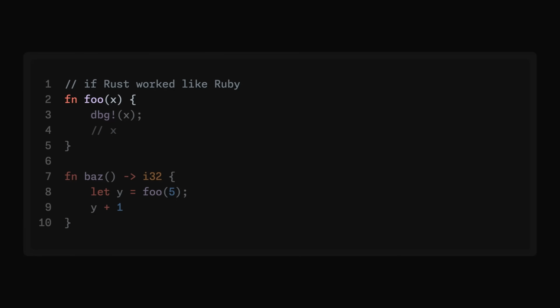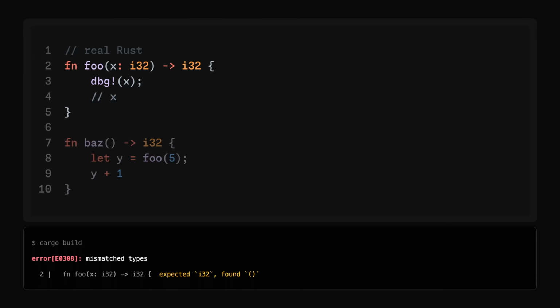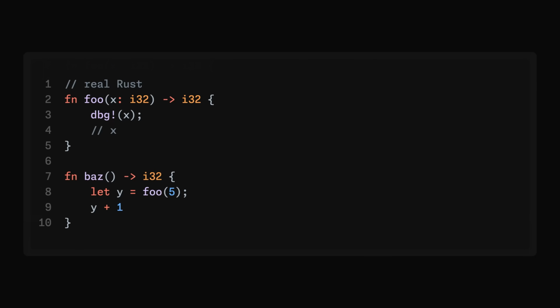Now here's Rust's solution, and it starts right at the top. In real Rust, we fix this code by writing robust function signatures. Foo takes a number and hands back a number. That's the contract. And now our missing return type is caught immediately inside foo. The compiler reads the signature, sees that the function body hands back nothing, and blames the body, right where the problem is. The function signature is the contract, and the function body has to keep it.